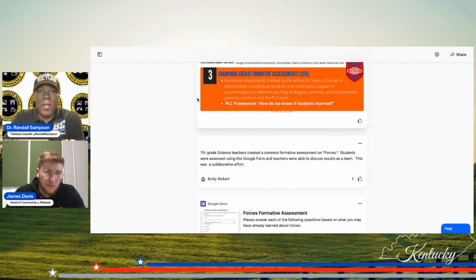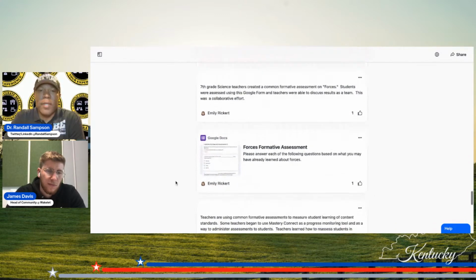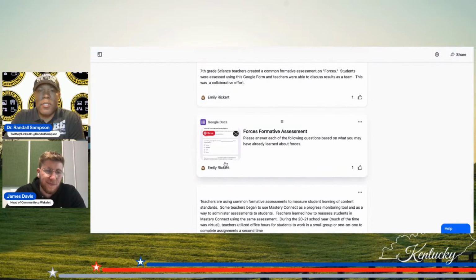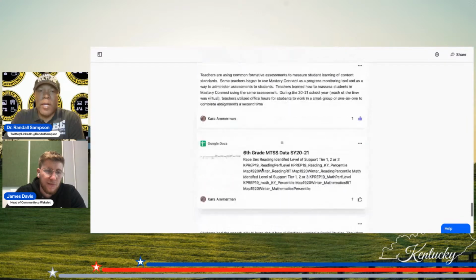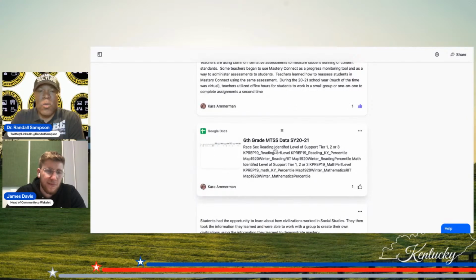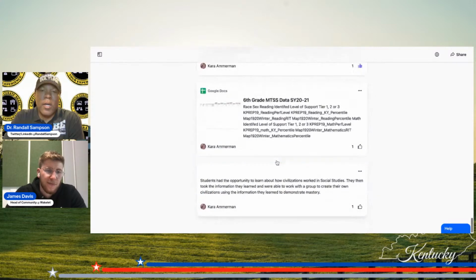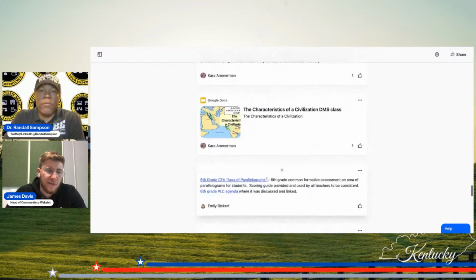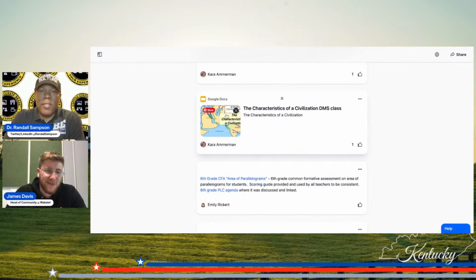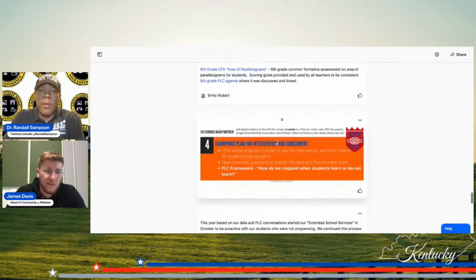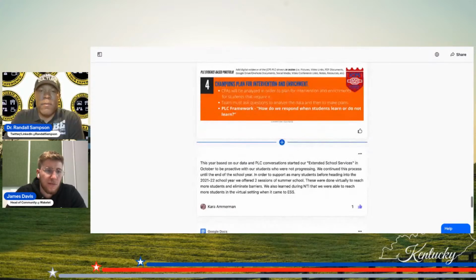So they're working on creating formative assessments. So what are the assessment tools that we're using? And here is evidence about their assessment tools. And they also give some details about their assessment tools there. And then here is their Google Docs that has a spreadsheet of all of their assessment tools with their MTSS process that they use and the data that they use. So this is really cool and really rich. And then here's like a formative assessment with their Google Doc that a teacher used as another piece of evidence.